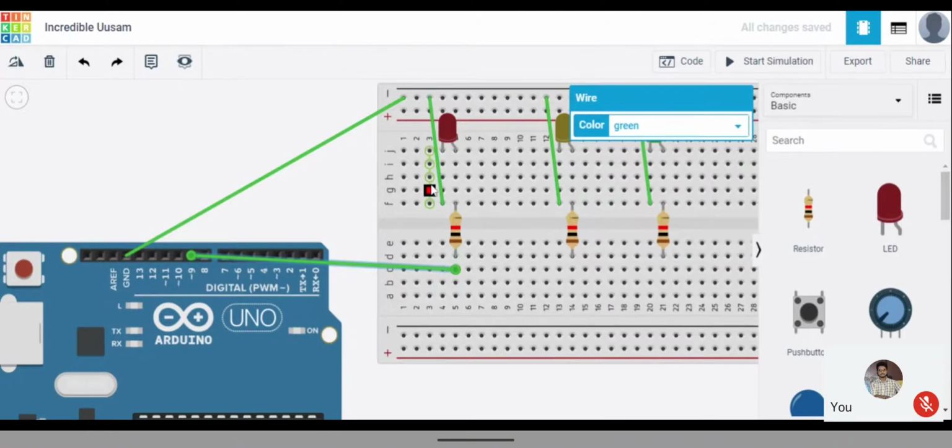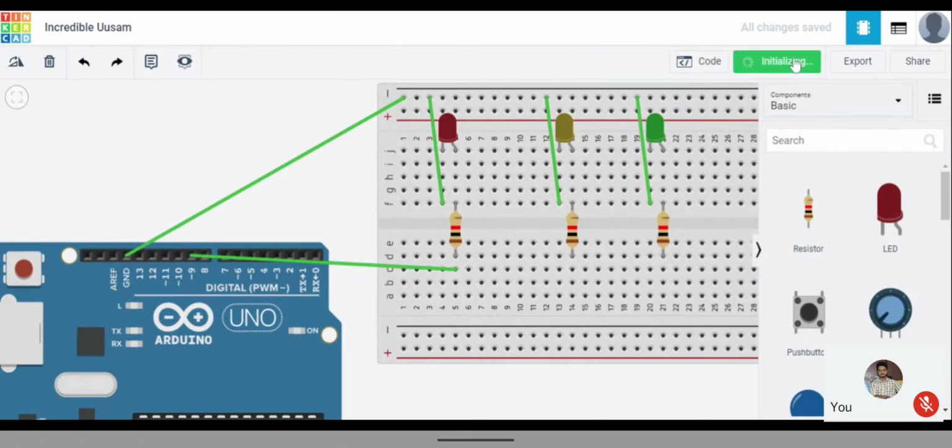The red LED. Okay, what will happen if I just start simulation?